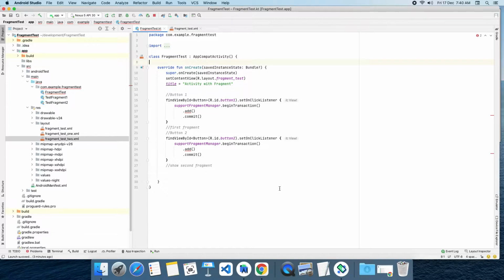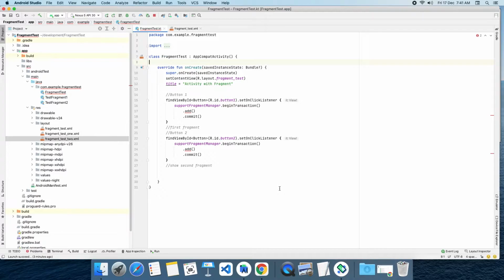Okay, the activity is the main container. Inside that container we are going to place a fragment. A fragment is a small container, not the entire activity container. If you want, you can create a fragment to occupy the entire container also. So inside our activity we are going to place one fragment. That fragment is going to render its own UI.